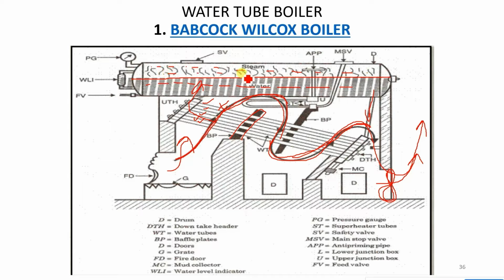Now steam has to be supplied to the application area, but a superheater is also provided in this. So this wet steam is supplied to the superheater, and the superheater is connected with the anti-priming pipe. The anti-priming pipe prevents the entry of the wet part of the steam into the superheater. It means in the superheater only saturated or dry steam enters. And you can see the flue gases move over the superheater.